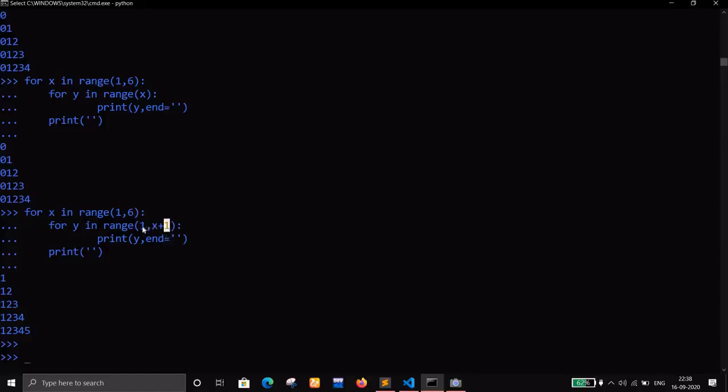Okay, so what is the first value for y? It is 1. It prints y, and that is 1. What is the value for y? It was 1. It printed 1. And what is this thing? You have never seen this, right? end equal to two quotes. This basically means, whenever you write things,